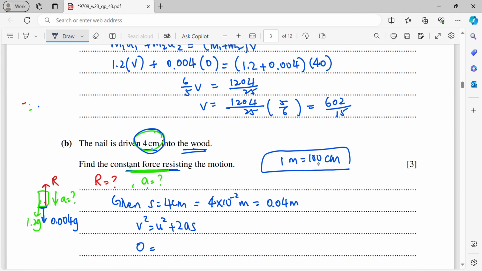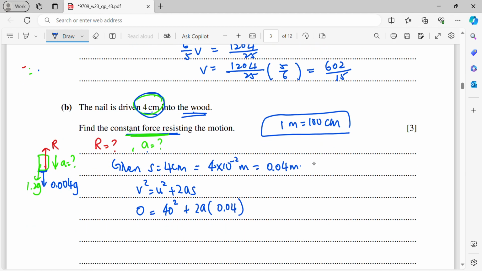So this is 0 equals 40 squared plus 2a, where s is 0.04. From here I get 0.08 a equals negative 1600, because you move the 40 squared to the other side. Then your a is negative 1600 over 0.08, which gives negative 20,000